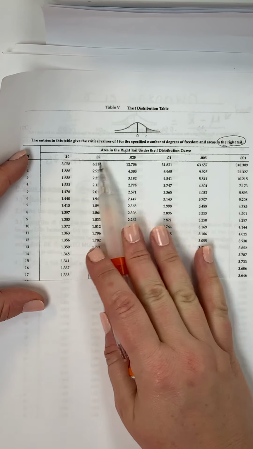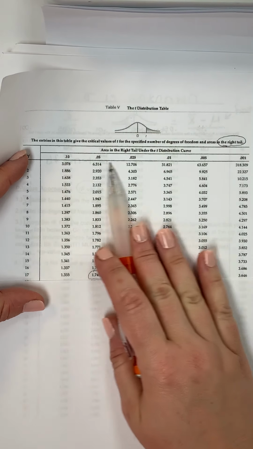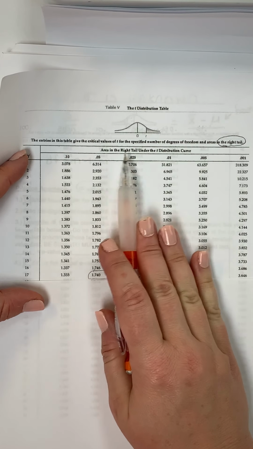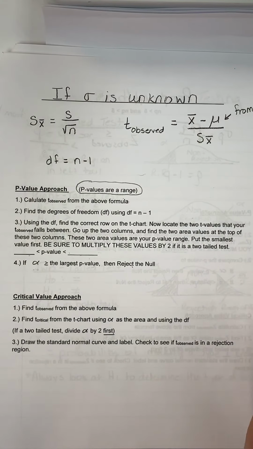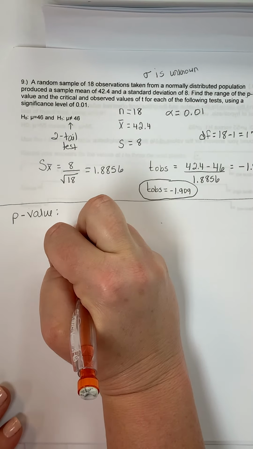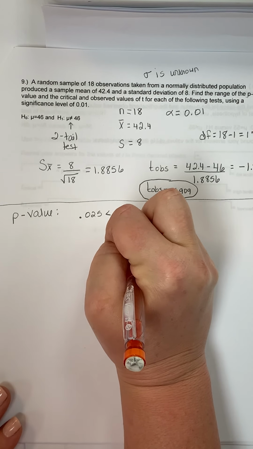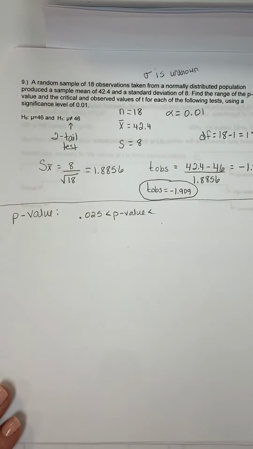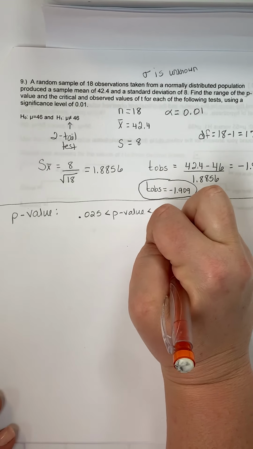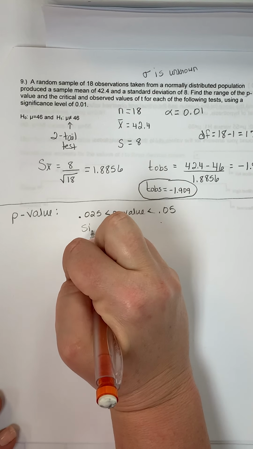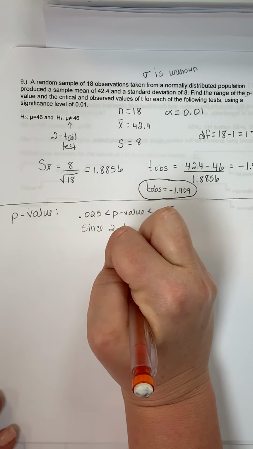You're going to have to switch them. Unfortunately, this goes from largest to smallest instead of the other way around. So I'm going to take my 0.025 and my 0.05. But since it's a two-tailed test,